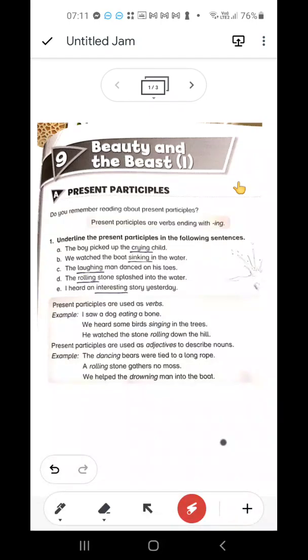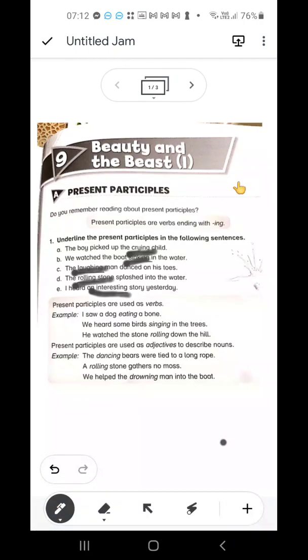So, as you can see, I have underlined the present participles. Like in example A, crying is the present participle. In B, sinking is the present participle. In C, laughing is the present participle. In D, rolling. And in E, interesting is the present participle. But as I have told you that